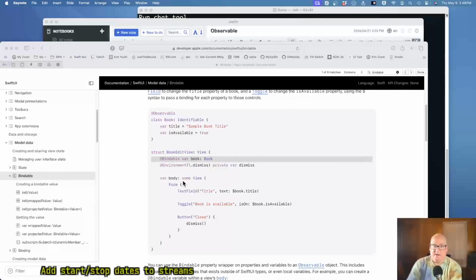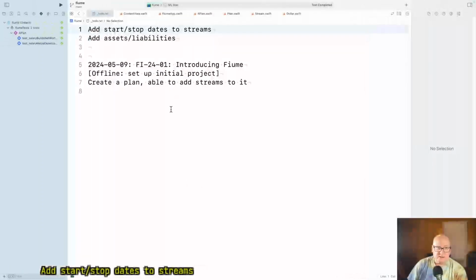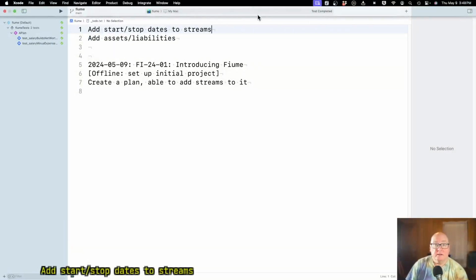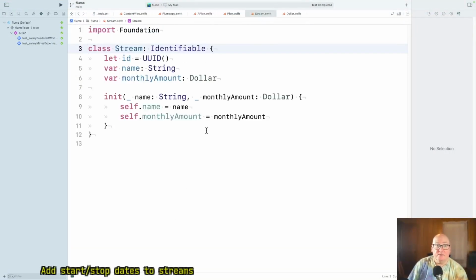Maybe the start and end date stuff is the next interesting thing, and I don't know if the month number is the right quantity for that. I mean, it all comes back to it.